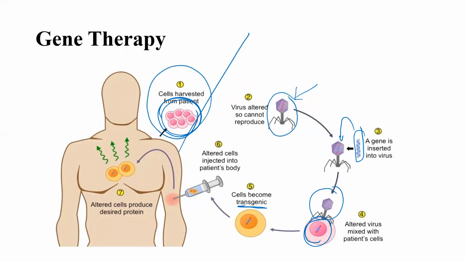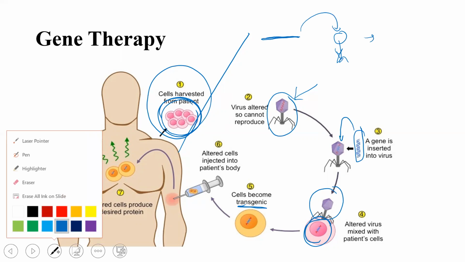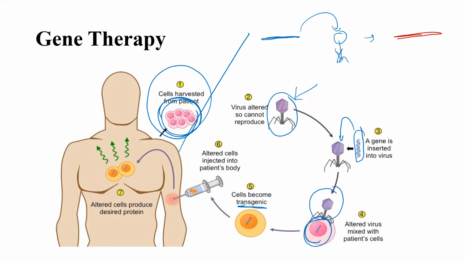What do you mean by transgenic? We insert the DNA into a patient. This DNA gets incorporated. So for example, this is the patient's DNA. This functioning gene that you see in blue color gets incorporated into the genome of an organism, and it becomes a transgenic organism. Then these cells become transgenic and are injected back into the patient's body.